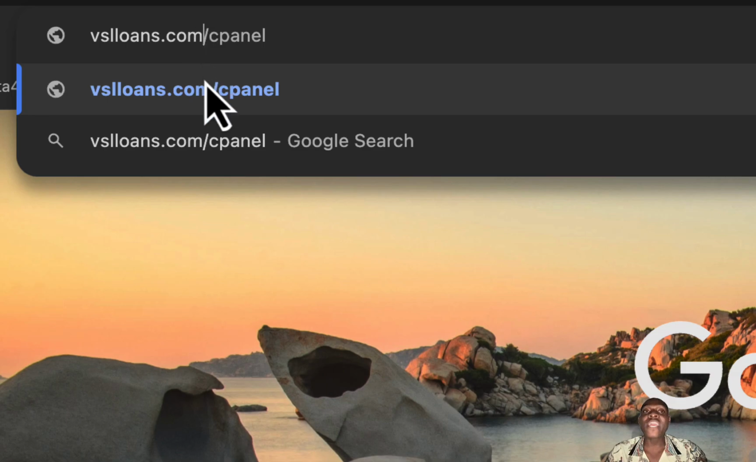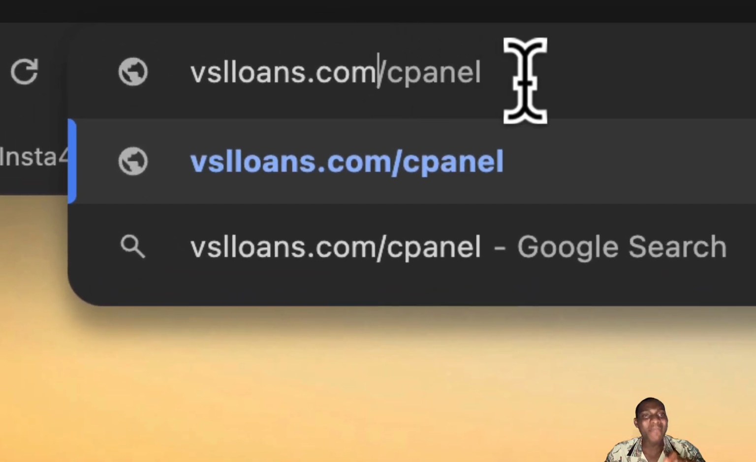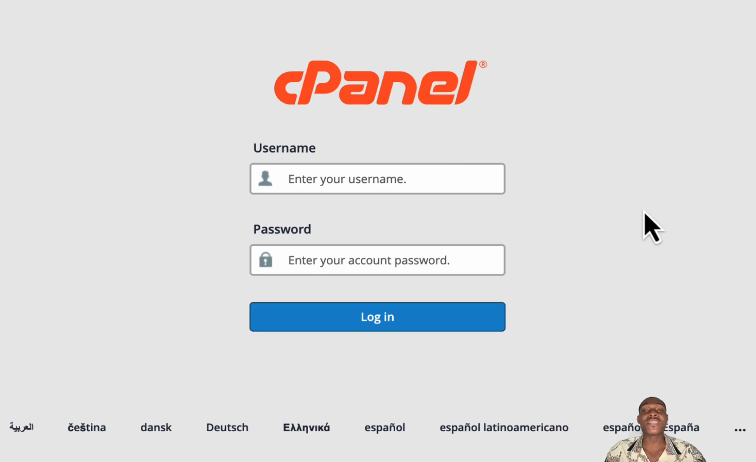So for example, if we purchase vsloans.com, put in vsloans.com/cpanel. So if you purchase abc.com, your domain name will be abc.com, and for you to access your control panel, put /cpanel. I hope that information is clear. So immediately you put that and you hit enter, it is going to bring you up to this page where